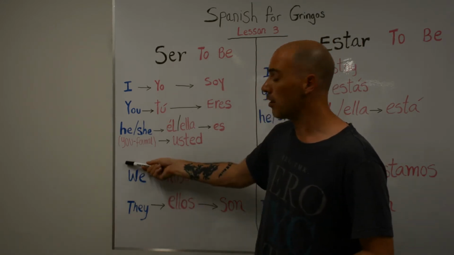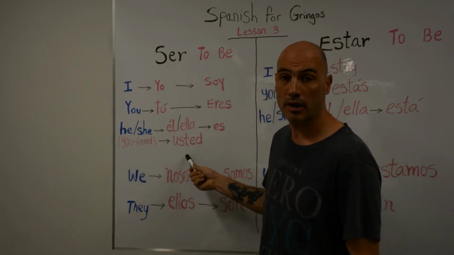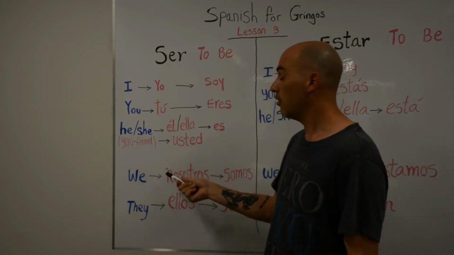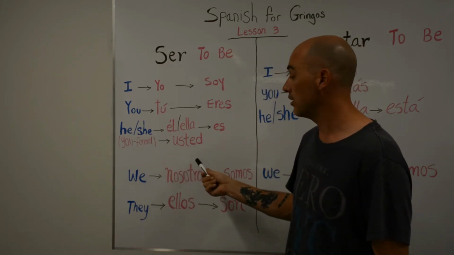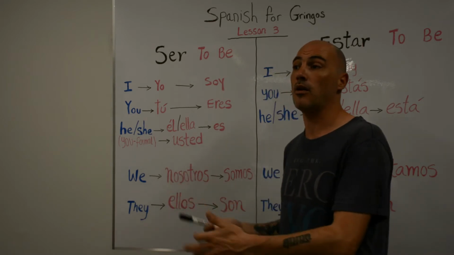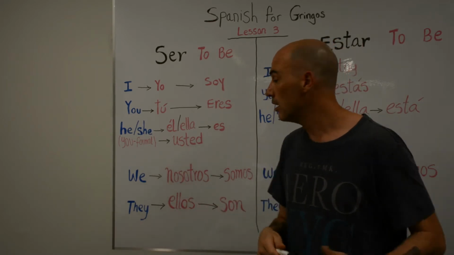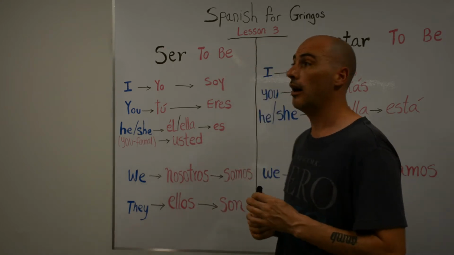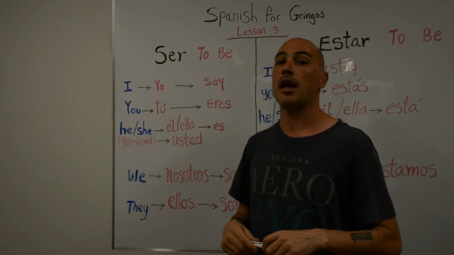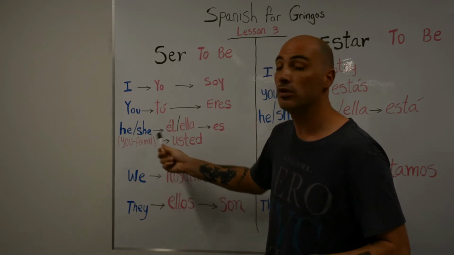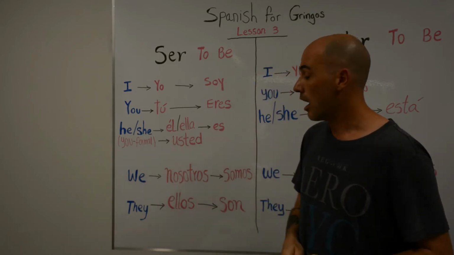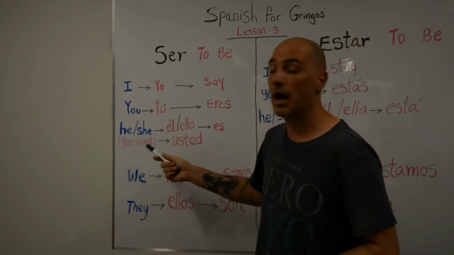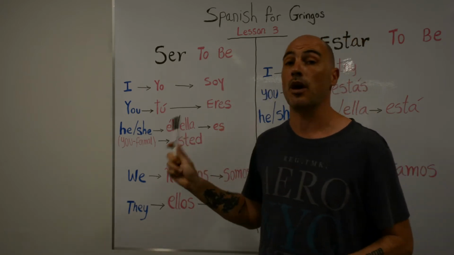And there's also another one that I'm not going to put down here. It's called vosotros, and it's a form that's only used in Spain, but outside of Spain it's not used, so I'm not going to teach it. So I just want to make a little disclaimer. I don't want any negative comments saying, hey, you forgot about usted and you forgot about vosotros. If I were to tell you that there's another verb that will be attached to every single word that you